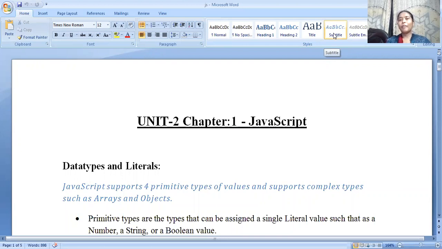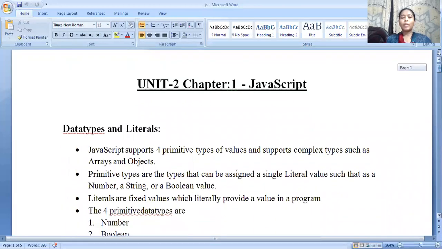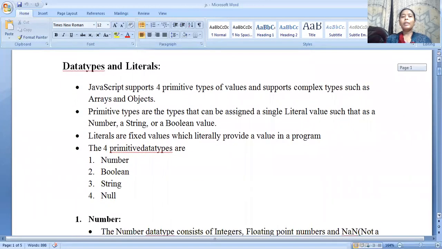In the second unit, we have two chapters. One is JavaScript and the second one is HTML. So today, let me explain about JavaScript. One of the scripting languages is VBScript, and the second is JavaScript. As we do not have a syllabus regarding VBScript, we are going to learn about JavaScript. Here, let me explain the different data types and literals which are supported in